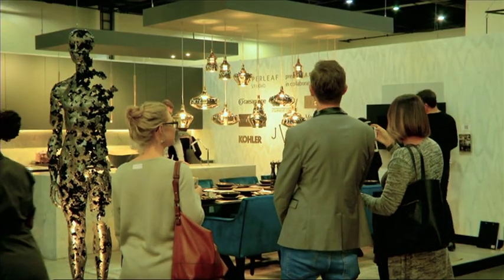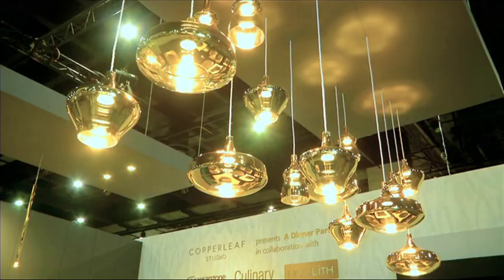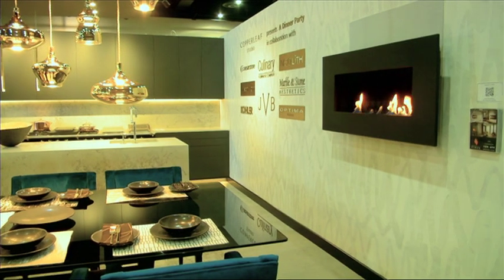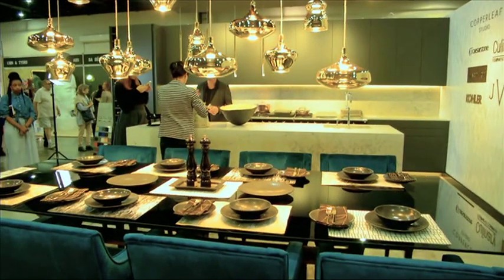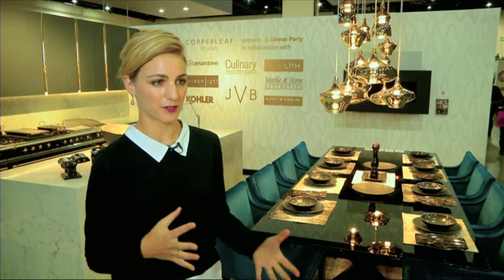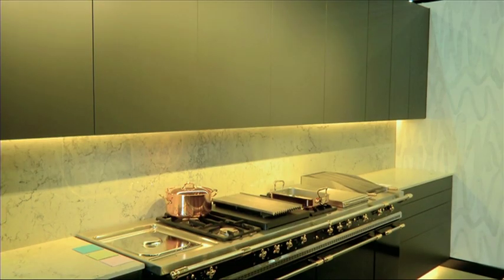So the concept really came from what would I want the space to be if budget wasn't an issue, and if there were really no design limits. And that's what the show has really been able to do for us as designers. We've had no limits. So we started with our ideal situation, and then worked back from there. So partnered with people that could fulfill our dreams. So this is really my perfect space, and all the brands have come on board to showcase their newest and